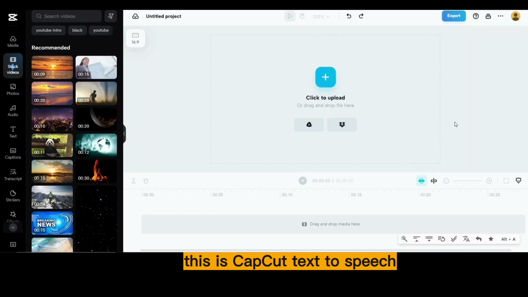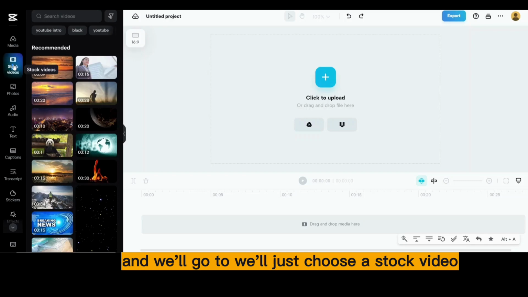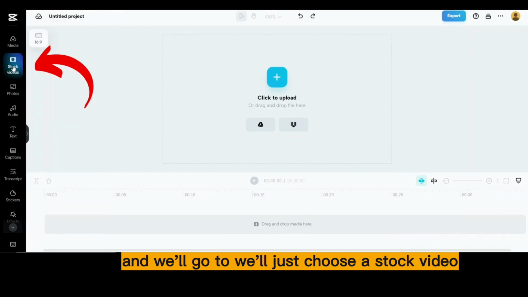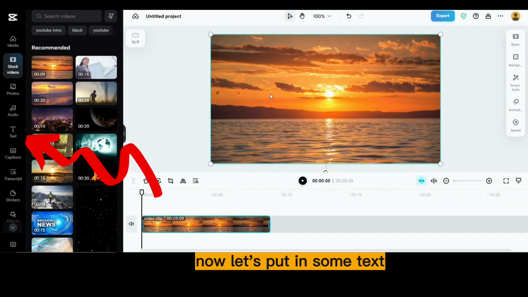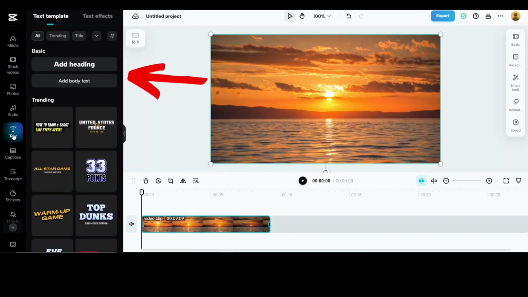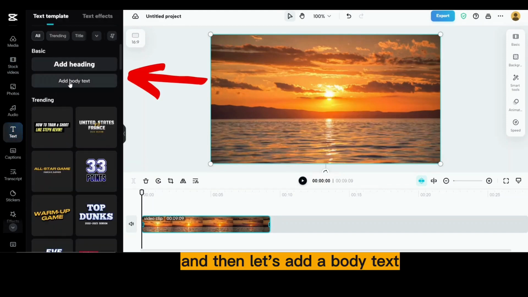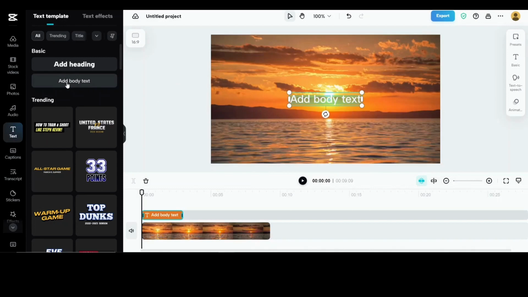This is Capcut's text-to-speech. So open up Capcut and we'll just choose a stock video. So let's click that. Now let's put in some text. So we move over to text and then let's add a body text. And let's put in,